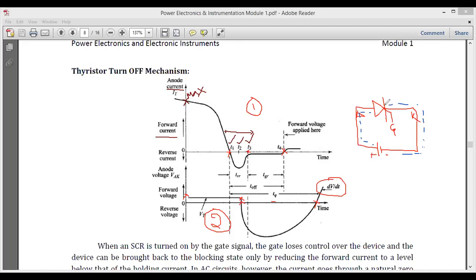But because of the gate voltage here, if I do not apply the minimum gate voltage, or the specified voltage which is required so that my flow of current will be through this particular SCR, until then your SCR will not enter into the forward conduction region. This we have studied in the previous video lectures. So, let us see when my SCR is getting turned off.